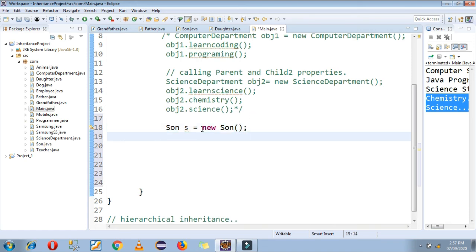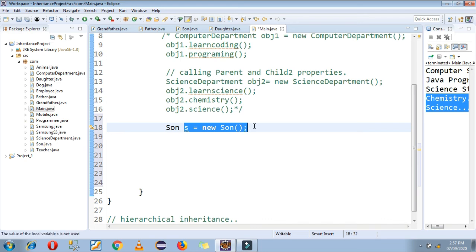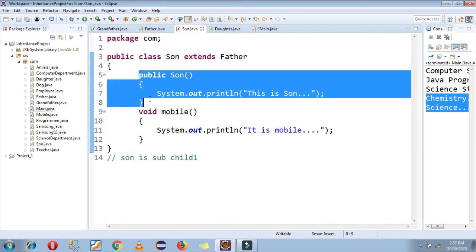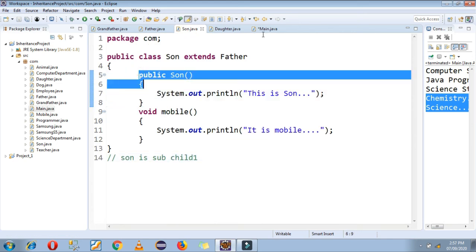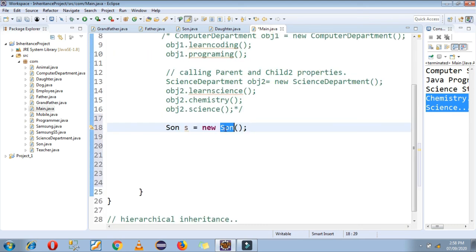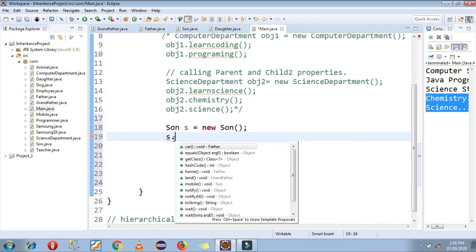Now in the son class I have created one constructor. A constructor gets executed when the object of that class is called by the JVM.